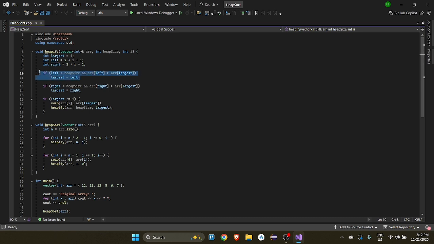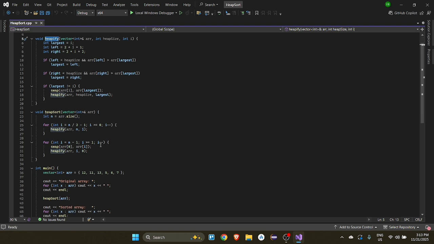In this condition, if the left element is the largest, we put it in the largest container. And if the right element is the largest, we put it in the largest container. And if the largest is not the root, then we swap here and perform a heapify operation, which is the recursion of this heapify process.